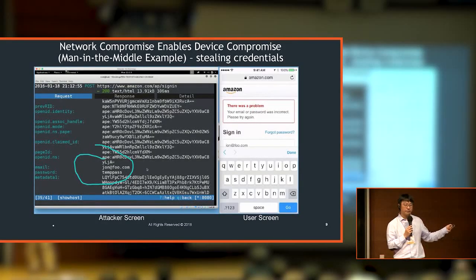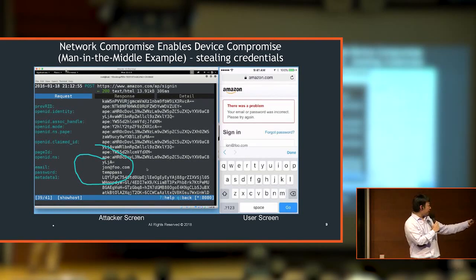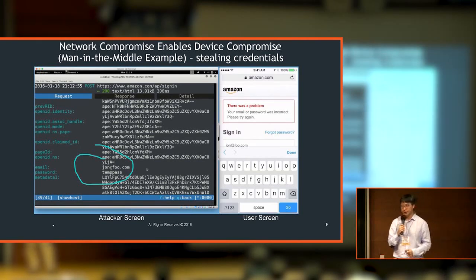Okay, some more examples, but more visually. This user is on a public network or Wi-Fi. He is going to try to buy a present for his wife on Amazon. Even though the website is secure with SSL, the hacker on the left can still see the username and password. I believe many of you are familiar with many techniques.